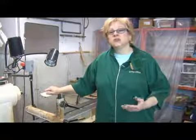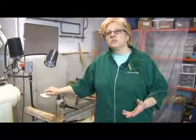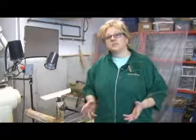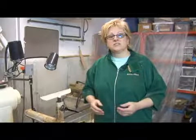I'm going to talk to you about the types of wood that you can turn and how to use the lathe accessories to hold those blanks, those pieces of wood on the lathe. I'm also going to talk to you about how to use a bandsaw to cut your blanks,